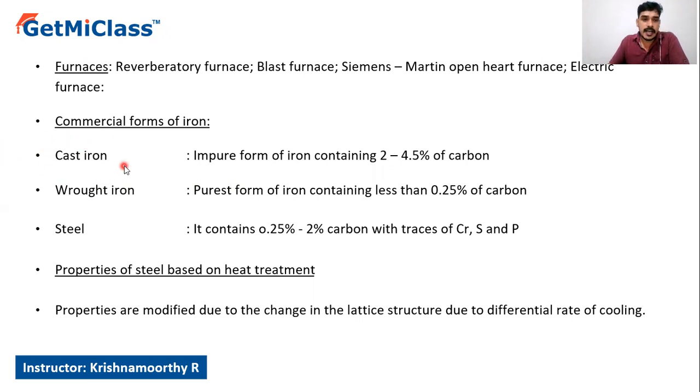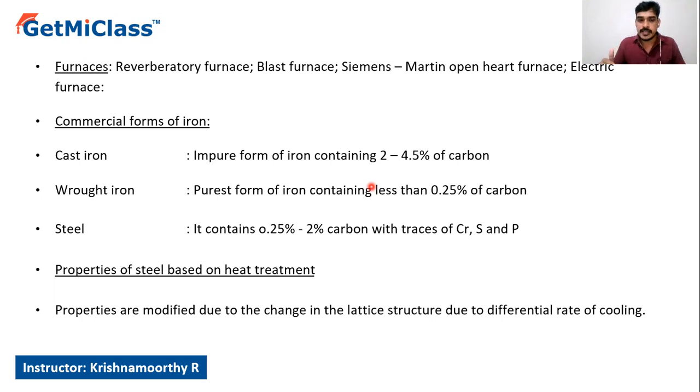One type is cast iron, which is the impure form of iron and contains 2 to 4.5% of carbon. Wrought iron is the purest form of iron, containing less than 0.25% of carbon. As the percentage of carbon increases, the chances of rusting are higher. Cast iron contains more carbon, almost 2 to 4.5%, whereas wrought iron, the purest form of iron, contains less